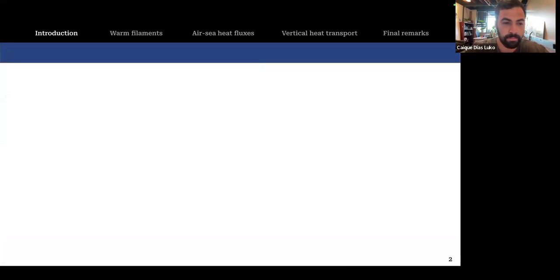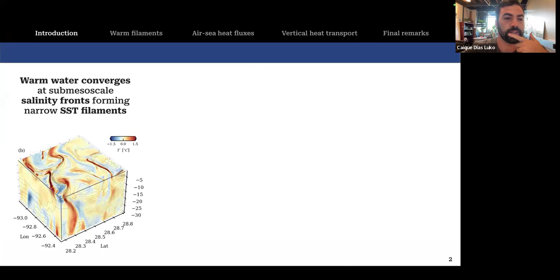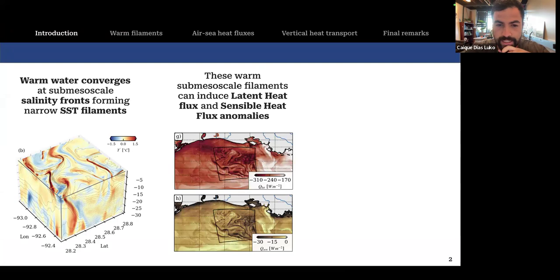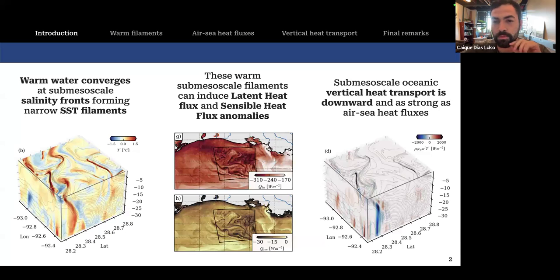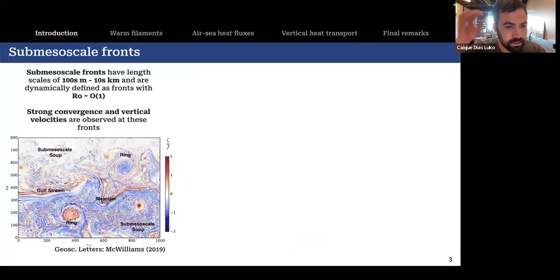the first one is that warm waters can converge at submesoscale salinity fronts and create narrow SST filaments. As a consequence, these are going to alter air-sea heat fluxes. And lastly, these narrow filaments also support downward vertical heat transport, which is the opposite of what's observed on temperature fronts. But before we get too deep into this, let's remind ourselves of what mesoscale fronts are and why they're